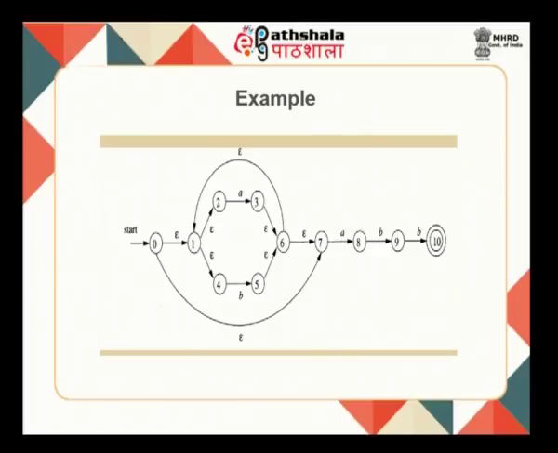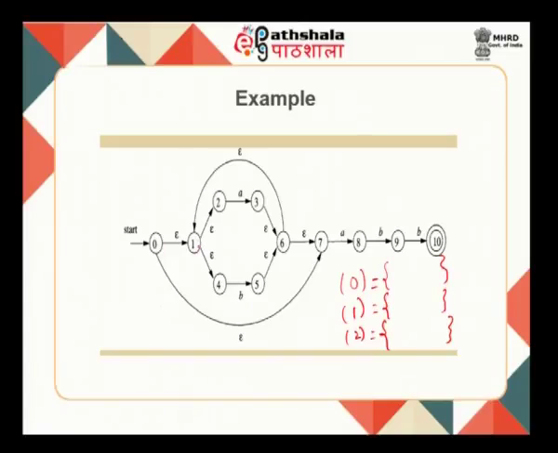So, what is the first step? We said the first step is determining the epsilon closure. Now, we have to determine epsilon closure of 0, epsilon closure of 1, epsilon closure of 2, etc. Okay. Now, I am just going to show you how to determine epsilon closure for 0, 1. The other results I have basically tabulated in the next slide. So, just one example I will tell you.